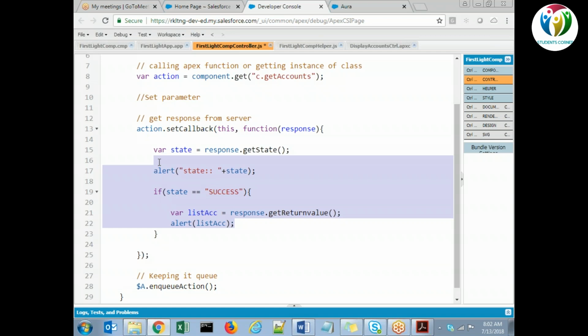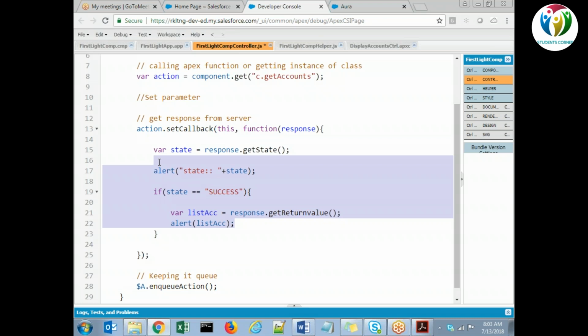Okay. Naresh, do you plan to give another example where you can show us that if we don't use enqueue action, it won't work or something like that? Because we will be firing some events also, because this is the first example. We will be creating many examples, and it might look weird for you guys because you are seeing it for the first time. But we'll be working on multiple examples. We might be calling any other Apex class method from this block. We will be firing the events as well. We might be calling some helper functions also.